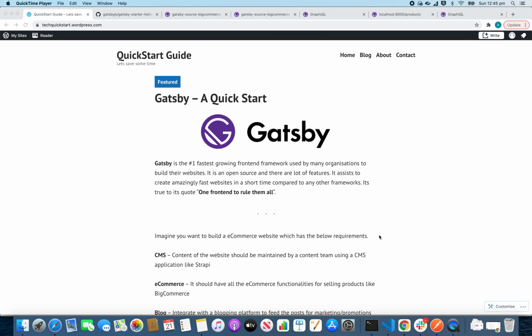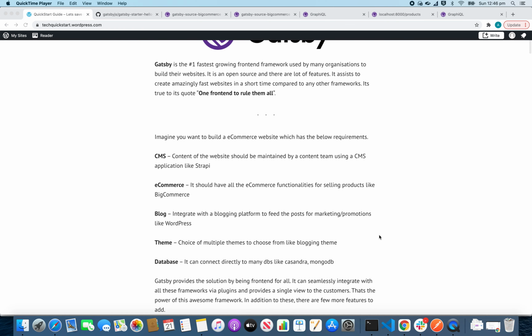It's also famously quoted as one front end to rule them all. But what does it mean? Imagine you are building an e-commerce website which has the below requirements. You have a CMS application which is hosted somewhere else, and your content management is done through that system, and you want to use the content in your website. Let's take Strapi as a CMS application,